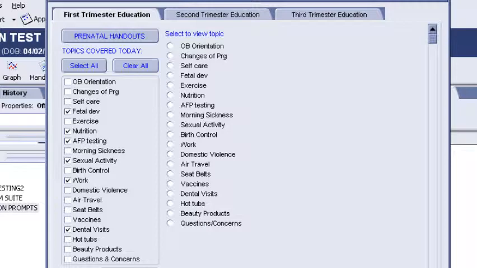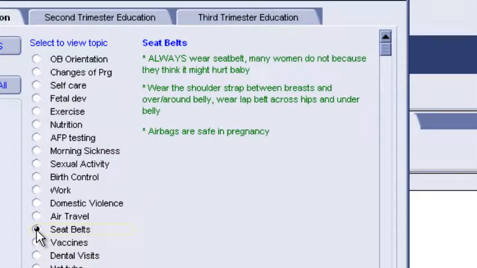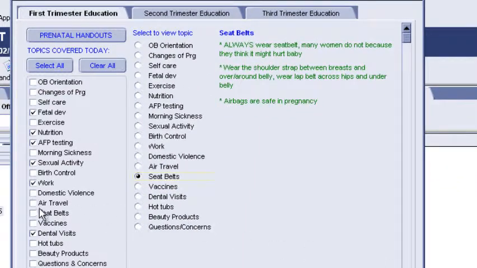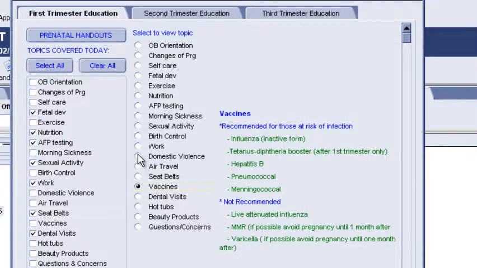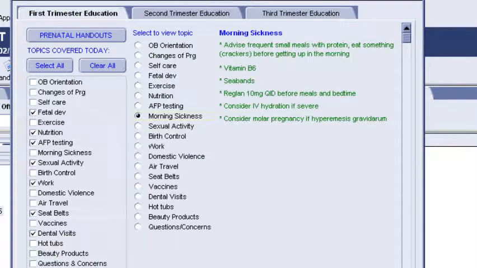As a medical student or a resident, you often don't know exactly what to say about a given topic. So if you want to know what to say about seatbelts, you click here and some information will appear on the screen that you can then share with the patient. You can even just have the patient read it aloud with you. Once you've covered seatbelts, you then check the box here saying that you've covered that. That's true for any of these topics. There's good information on a variety of topics, so you can give appropriate counseling to patients,